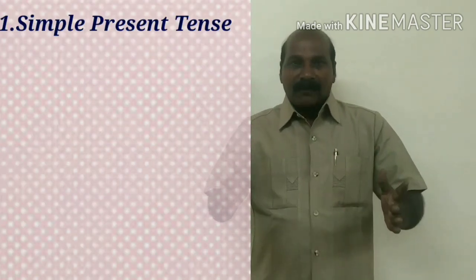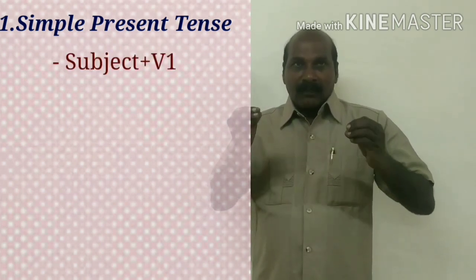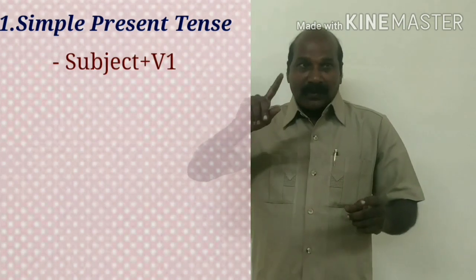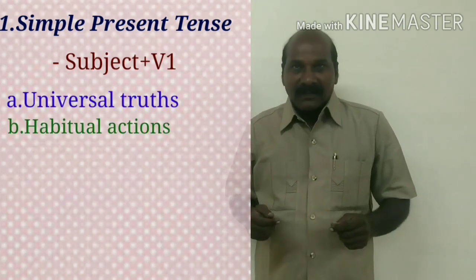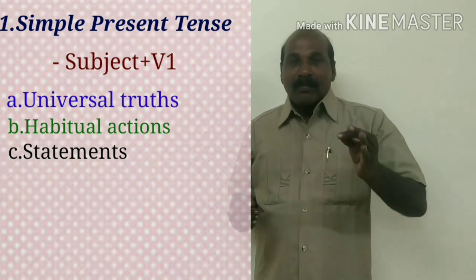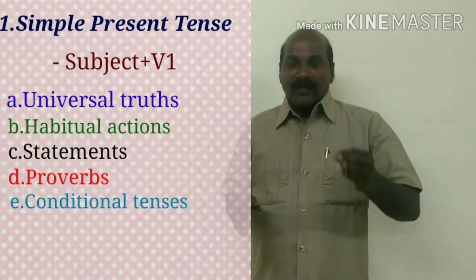What is the formula for this tense? Subject plus V1. And we use this tense to refer to universal truths, habitual actions, statements, proverbs, conditional tenses, etc. For example,